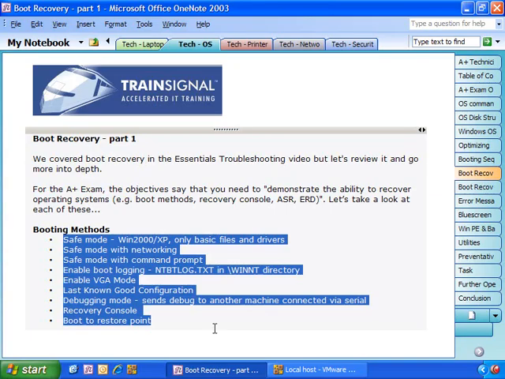So the system comes up in safe mode, and you can see the resolution is very low, and you have a limited number of devices. There's safe mode with networking, same thing as safe mode, but gives you the ability to access the network. There's safe mode with a command prompt only, meaning no graphical display. You can enable boot logging, and that's when it sends a log of everything that happens when the system boots